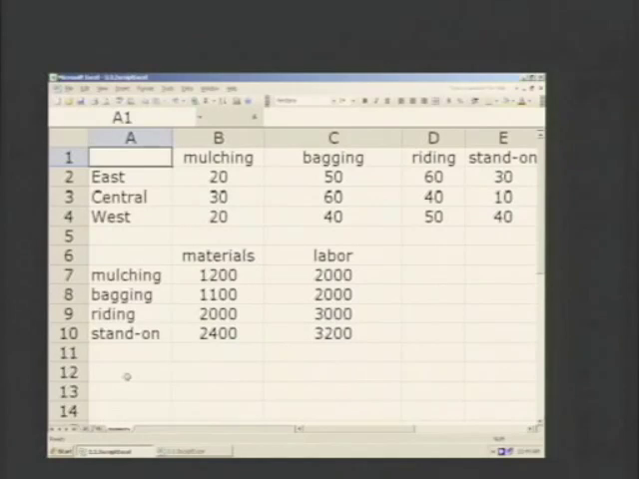A lawnmower manufacturer operates 3 manufacturing plants and produces 4 types of lawnmowers: mulcher, bagger, riding, and stand-on. The number produced at each facility for the upcoming week is shown in the table. Notice that in the first table, the row labels are plant locations. We have the east plant, the central plant, and the west plant, while the column labels are mower type: mulching,